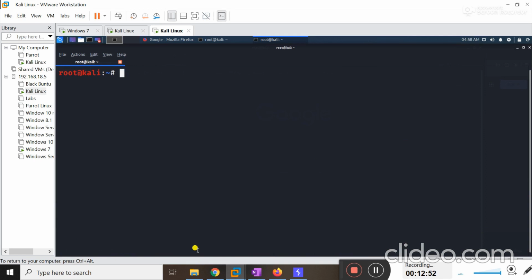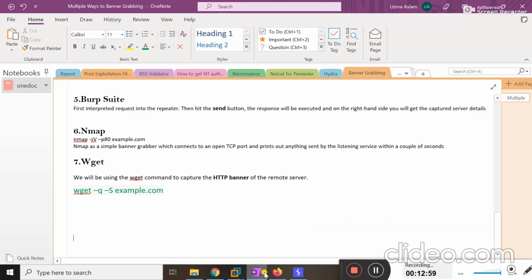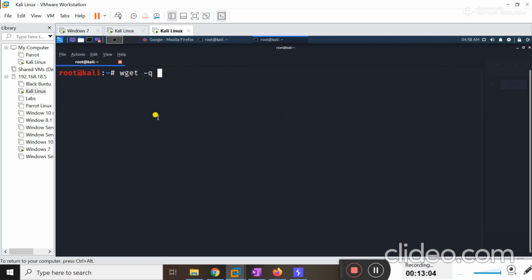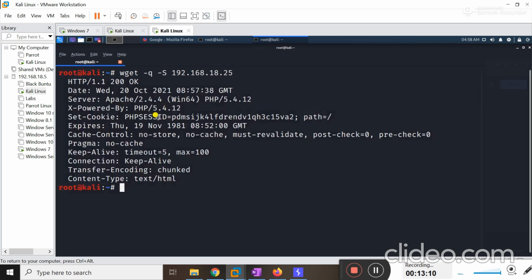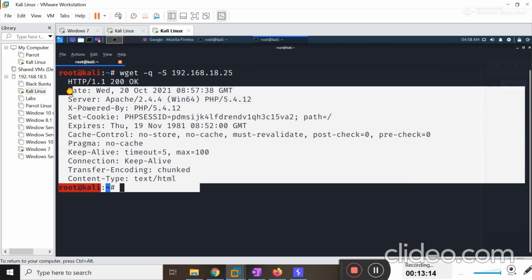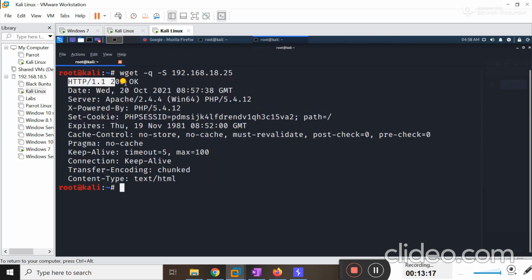If I type here wget, now I should specify the switches, that is -q and then -S, and then the target IP address 192.168.18.25, and hit enter. See, it successfully shows me very interesting information. That is, the HTTP request is okay. It means the host is alive, and the server that is actually running on that host is this one.